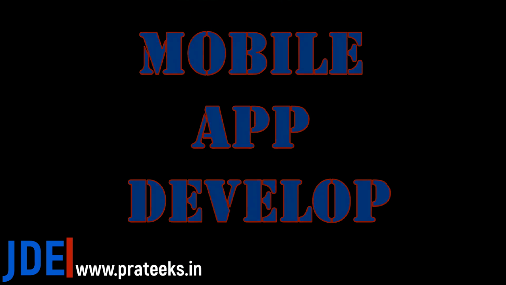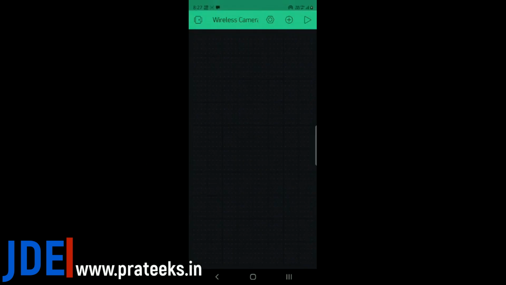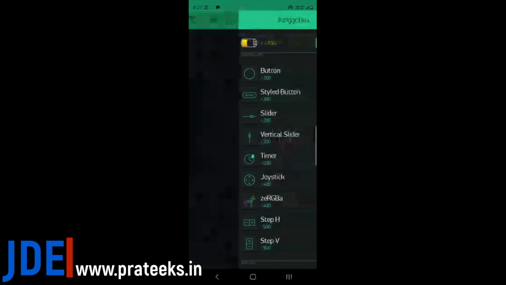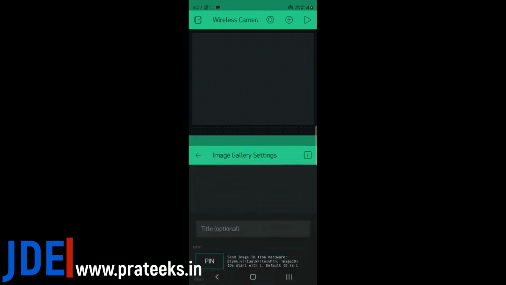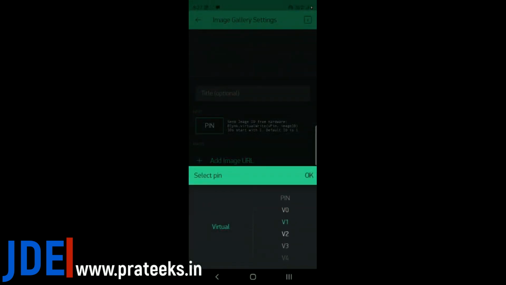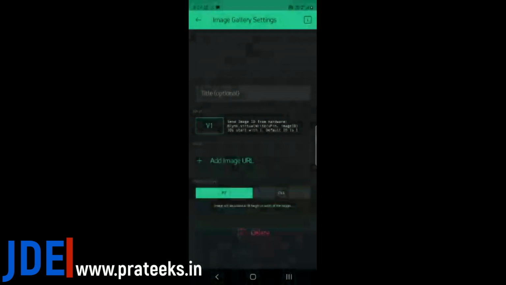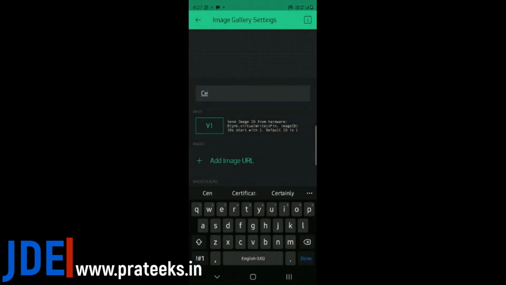Okay, let's go and create this mobile app. I will show how to design this app. I first open my Blynk app and create this image gallery. I just click this image gallery. See, the image gallery opens in the display, and you can resize the window as much as you want. Then go to the pin setting and I decide the virtual pin V1 and create the name, camera first,